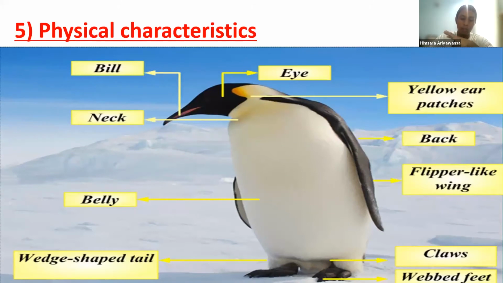So this is due to three reasons. One is to maintain their streamlined position, to stand vertically and walk upright. These are the three main reasons why the legs of penguins are located far back from their body. And it is also very helpful in swimming. And yeah, that's it.